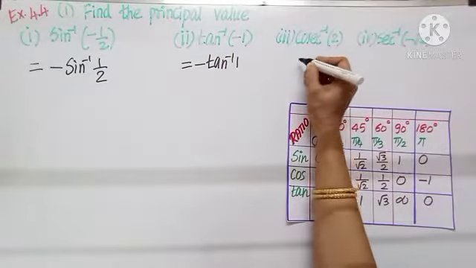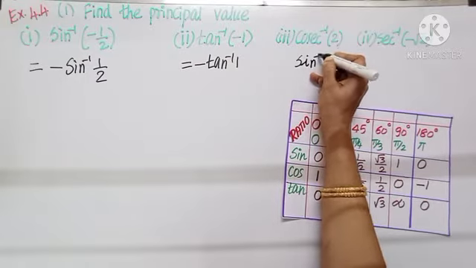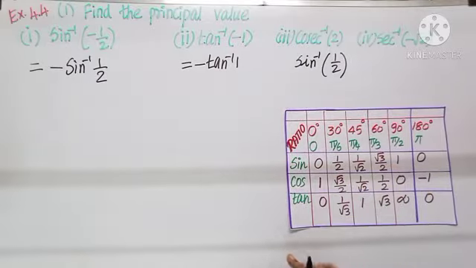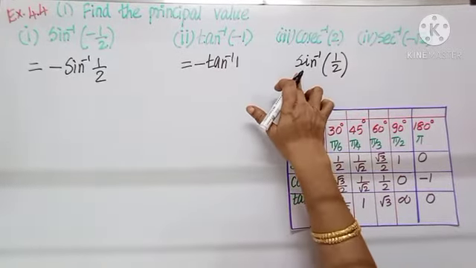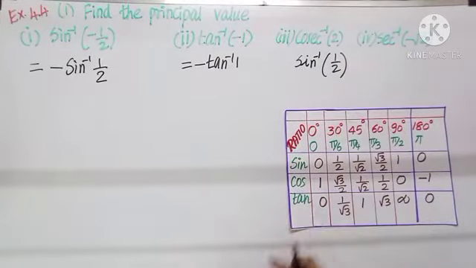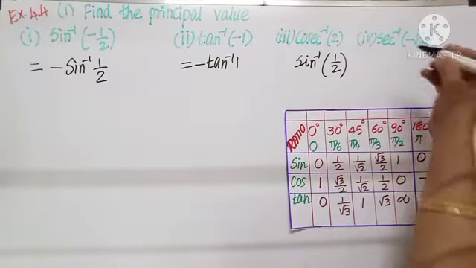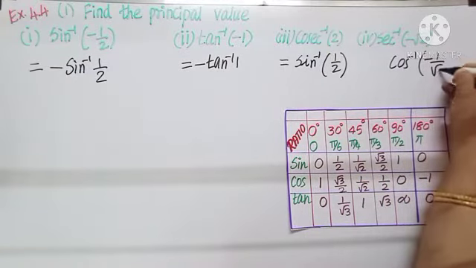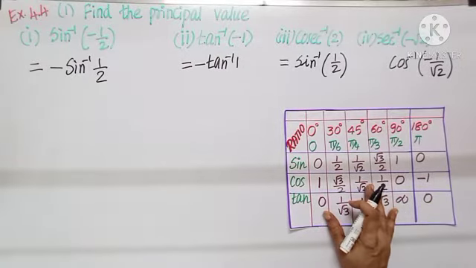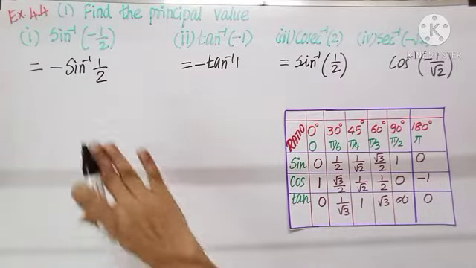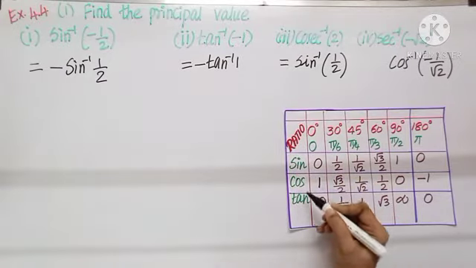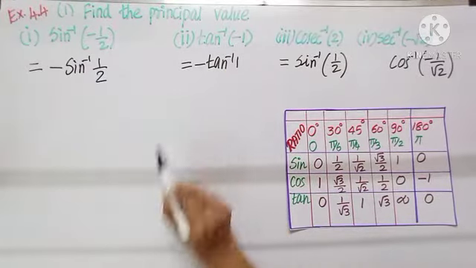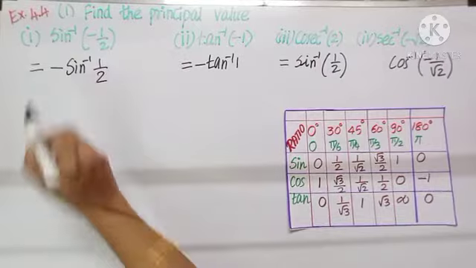Cosecant inverse, I can write the reciprocal sine inverse 1 by 2. Cosecant inverse, we write the reciprocal sine. Cosecant reciprocal sine, so 2 reciprocal 1 by 2. Similarly, secant inverse, we will write cos inverse minus 1 by root 2. So the very first step, before referring to the table, write the ratios as sine, cos, tan, the known ratios. Next step, if there is minus symbol, bring minus before the ratio.